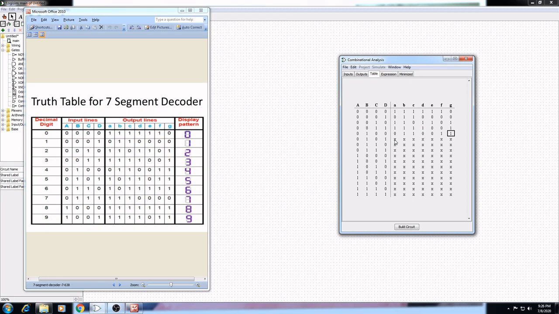For 5 we set B and E as 0, and all others are 1. For 6 we just have to set B as 0, all others are 1.